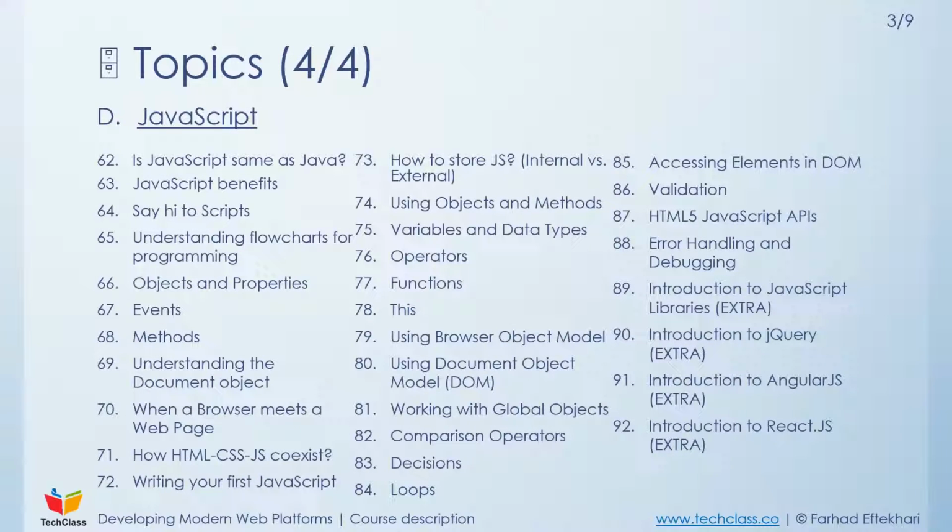And then we're gonna go to the fourth part, the part which is JavaScript. We're gonna get to know, is JavaScript the same as Java? Do they have any kind of relation with each other? What are the benefits of using JavaScript? We're gonna get familiar with the scripts, understanding flowcharts for programming, objects and properties, events, methods, understanding document object or